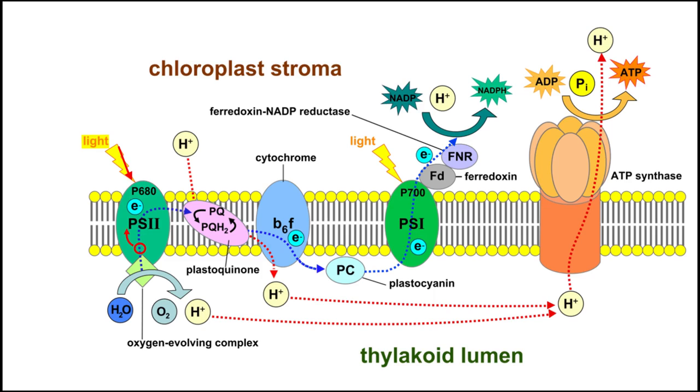And that electron indeed goes through the electron transport system. This electron transport system found in the chloroplast is very, very similar and functionally analogous to the mitochondrial electron transport system. Throughout this, the high energy ultimately comes from the sun. Throughout these electron transfer reactions in the electron transport system, protons